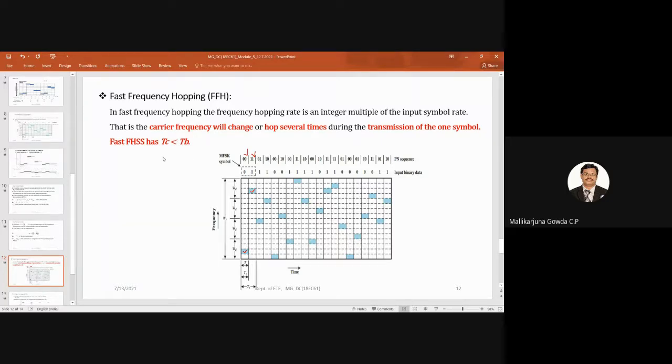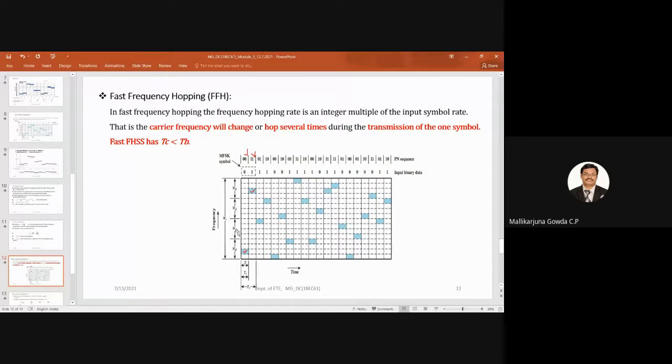All of you can write in your notebook: 2-bit 0, 0, 0, 1, 1, 0, and 1, 1. You write the hopping frequency as FC0, FC1, FC2, and FC3. Similarly, for the input binary data, I am taking 2 bits as one symbol. For this data also, you can write 0, 0 as F0, then 0, 1 as F1, then 1, 0 as F2, then 1, 1 as F3. So I made these 4 sub-blocks as one frequency, that is FC0, then FC1, FC2, then FC3, right? In that, again I have 4 bits.